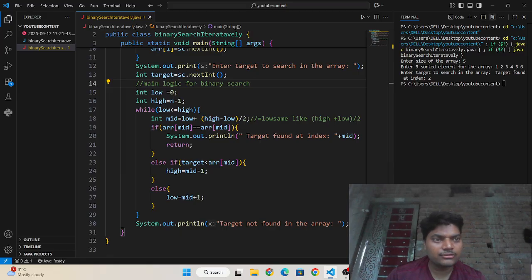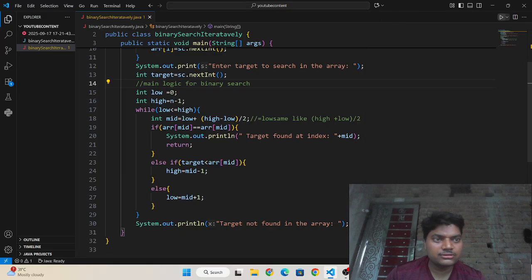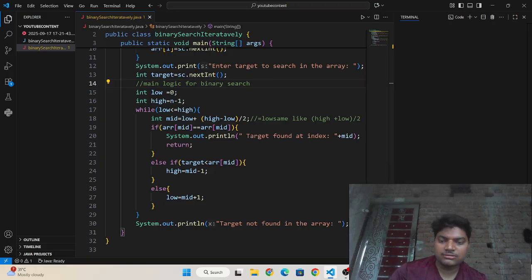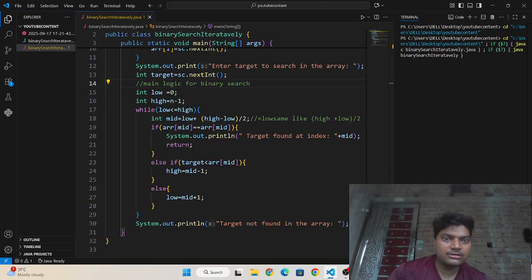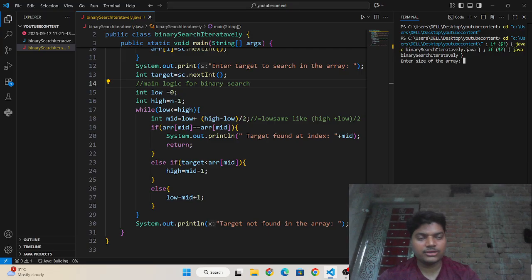But I have not entered the target element. Why it is saying the result? Enter size of the array. I am entering 5. Enter 5 sorted elements for the array. I am entering 7, 8, 9, 45.